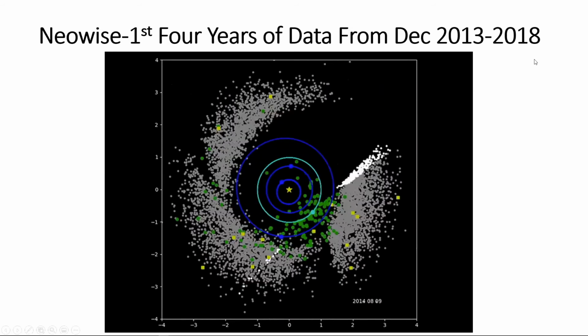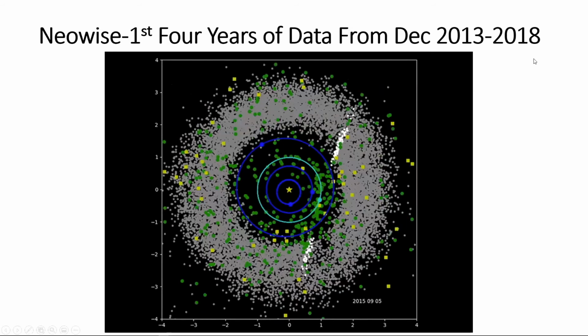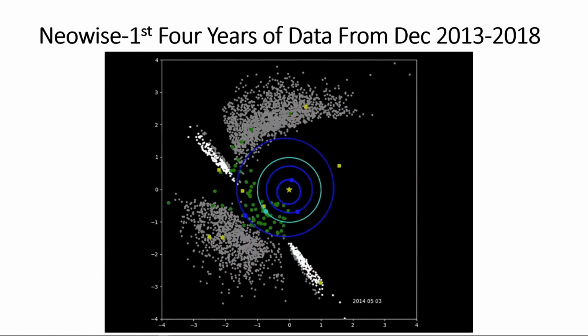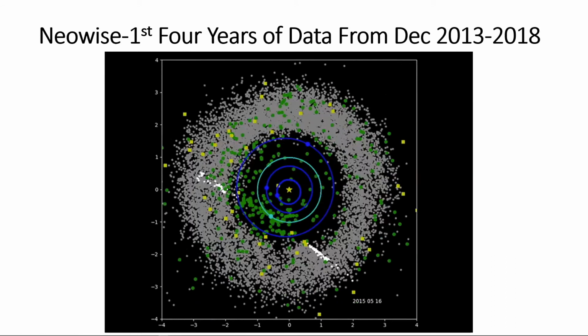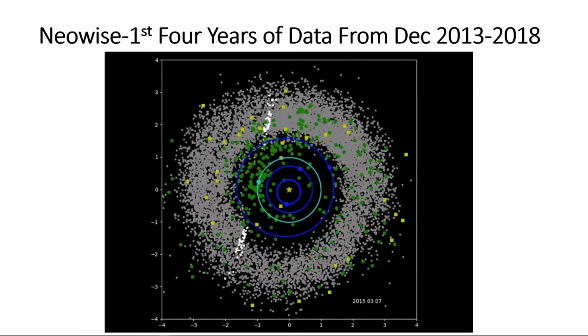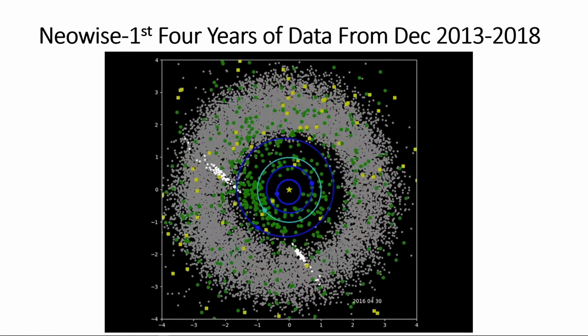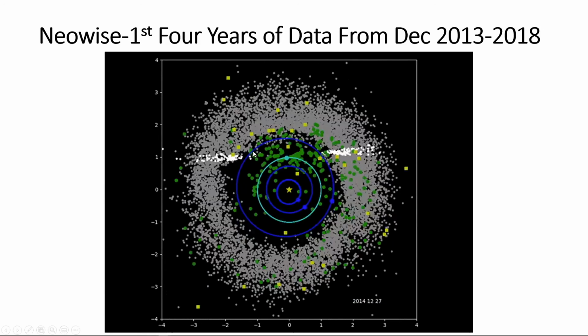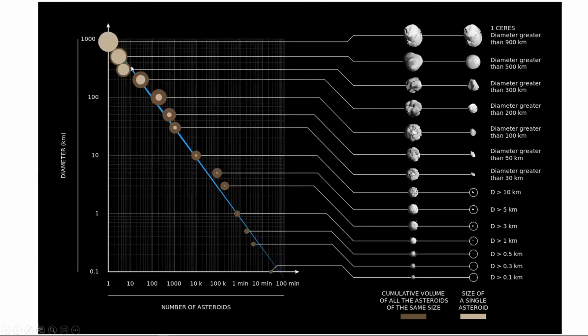Sure looks like a lot of rocks. It is. And though this looks really dense, these rocks are still far spread from one another, right? Sure. Yeah. So there's that. Okay. So as far as the distribution of asteroids that we are aware of in terms of their size versus